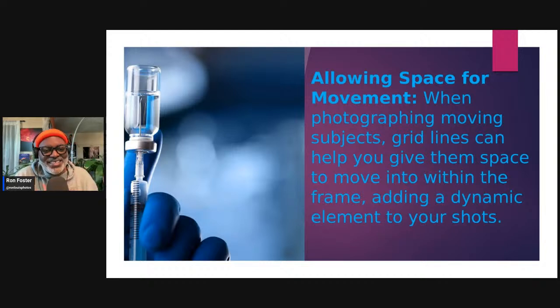What it does is tell you where the dog is going or where the car is going, right? By having the direction of where it's going in front of the subject, it tells you what direction the subject is moving. And so you place it on where? One of those PowerPoints, which is the intersecting lines.